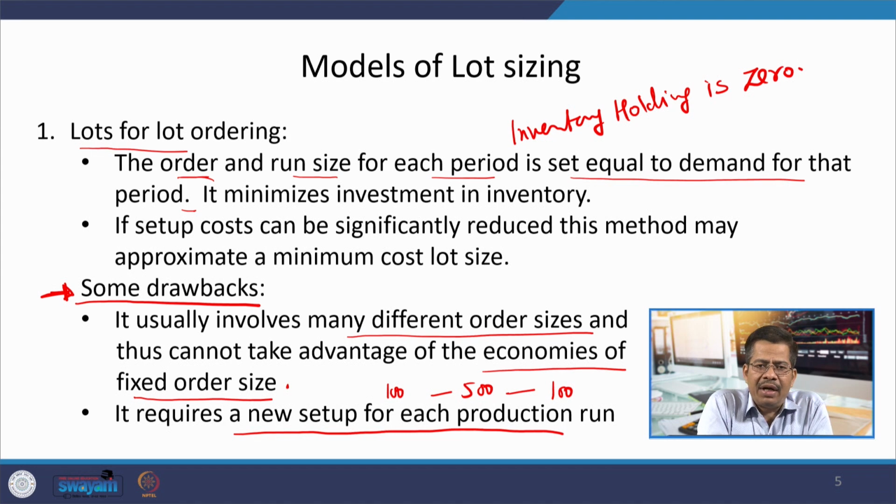You will never have items in inventory, so that you can fulfill some of the demand from readily available stocks, and that also increases your lead time for delivering the final product, because you never have any item in stock. You need to start the production, and only then you will come to make the final assembly. So, lot for lot sizing sometimes may increase the lead time of delivery of the final product also.